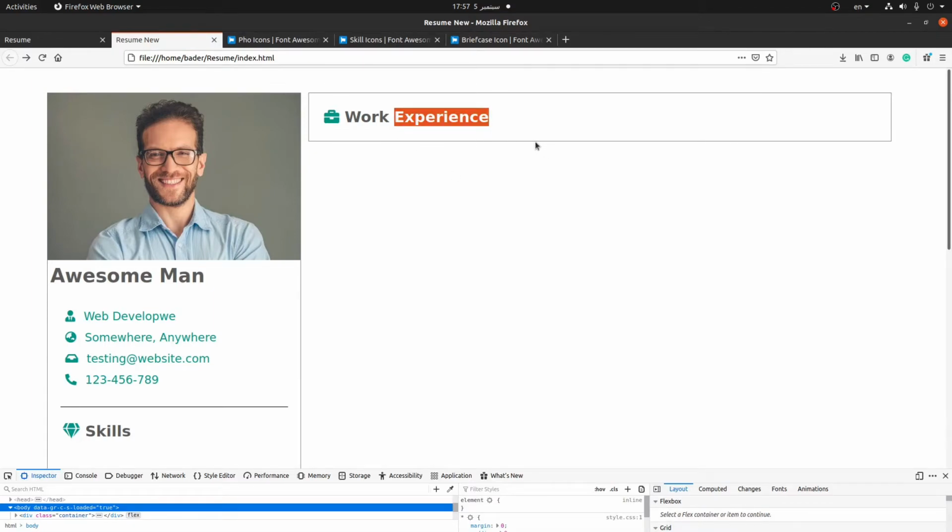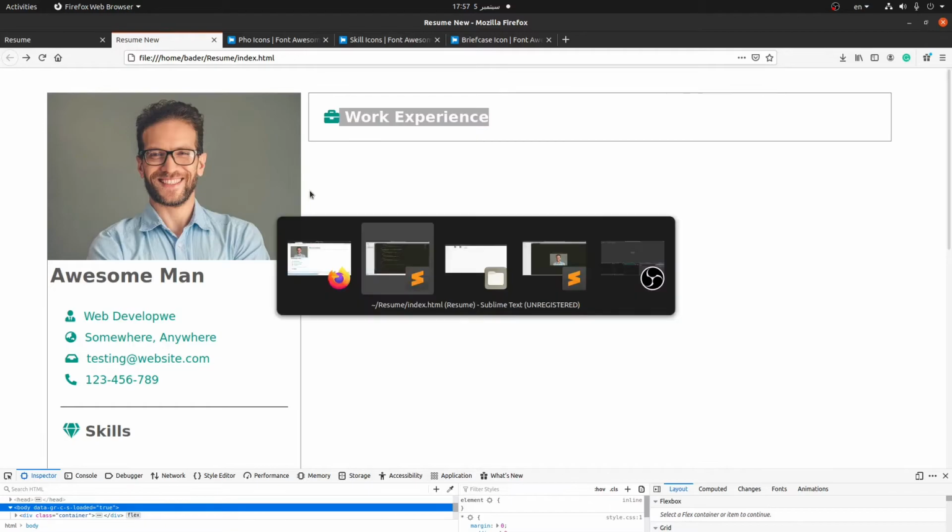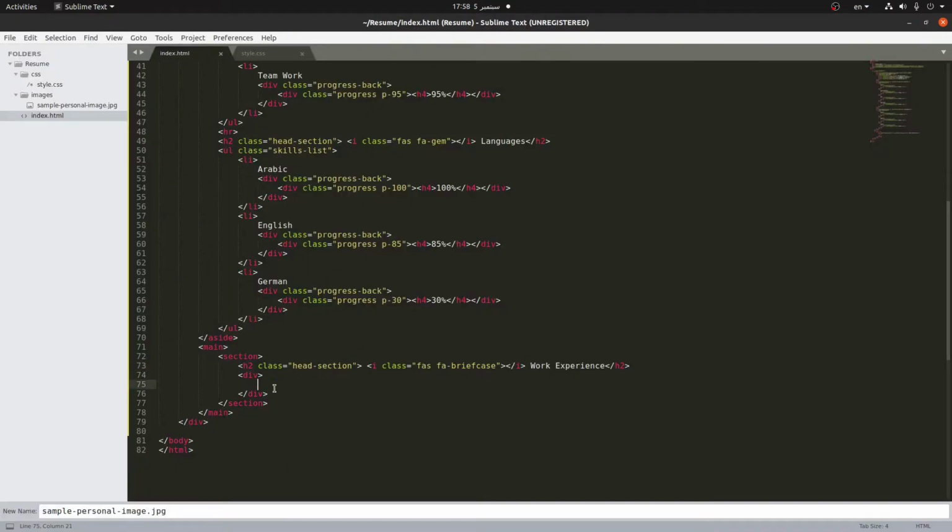Okay, so now what I want to do is style it, or add data to this first. Inside here I'm going to create an h3 tag, and here I'm going to type something. Okay, and this is the title of this section. And right beneath it I'm going to create a span, and inside this span I'm going to put the